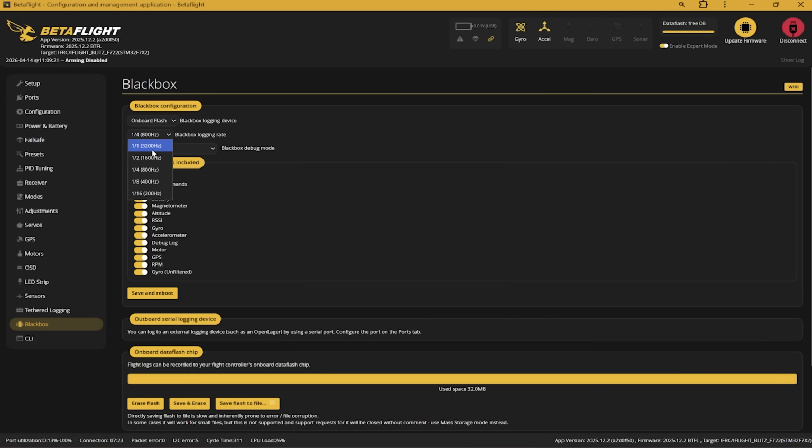Because it's a 7-inch. There's nothing wrong with trying 1 of 1 as well. It's just going to fill up our storage faster. That's all. So let's do that for now, so that we get the full